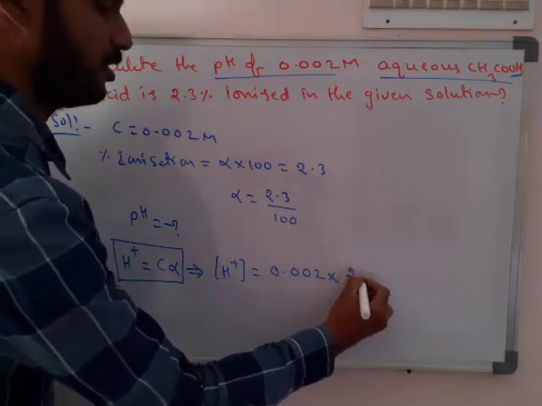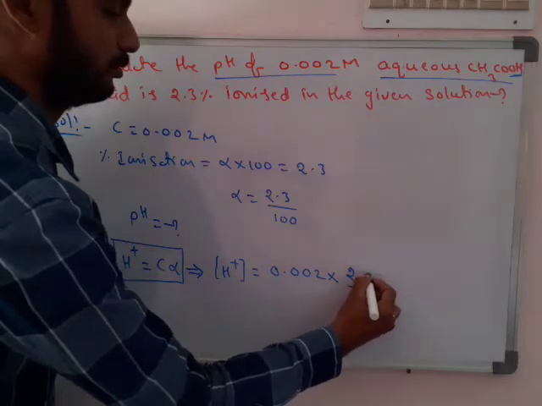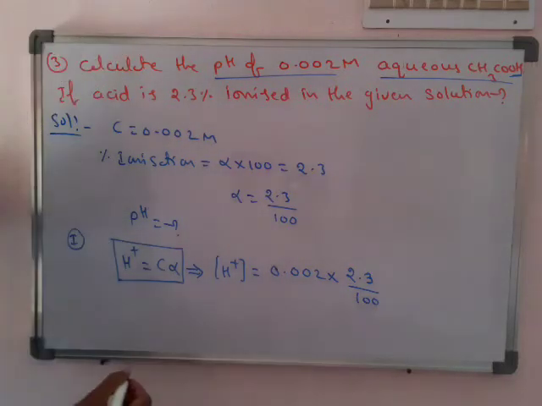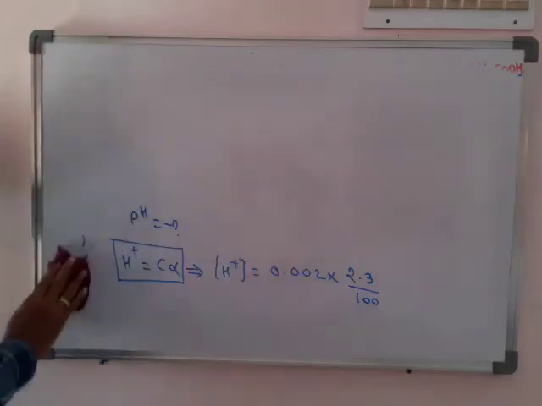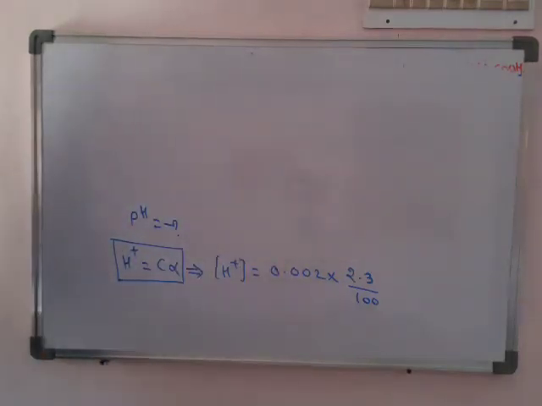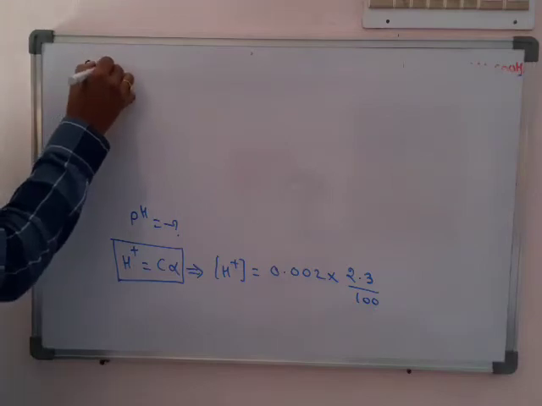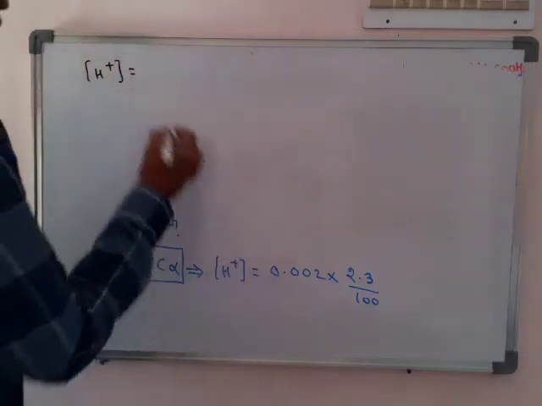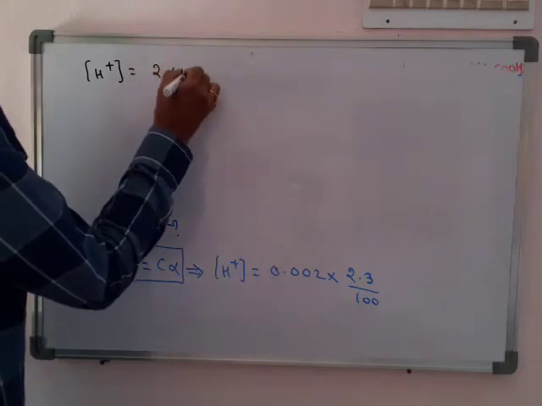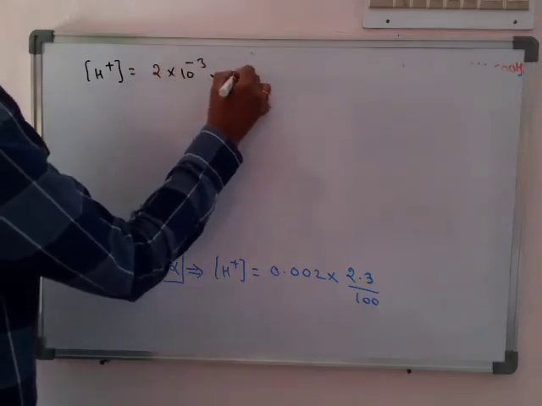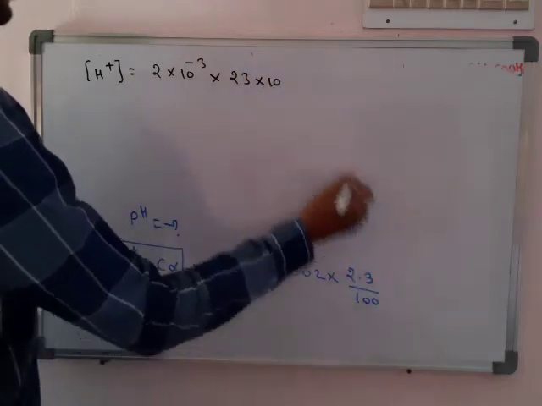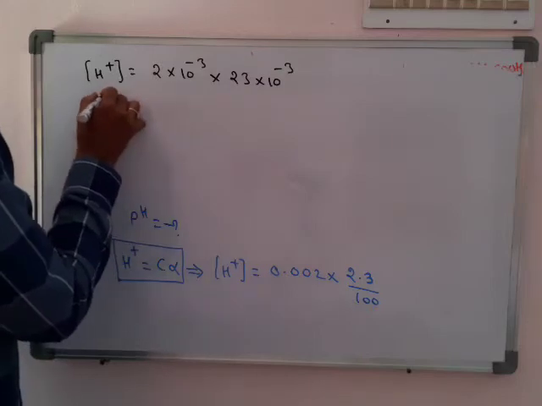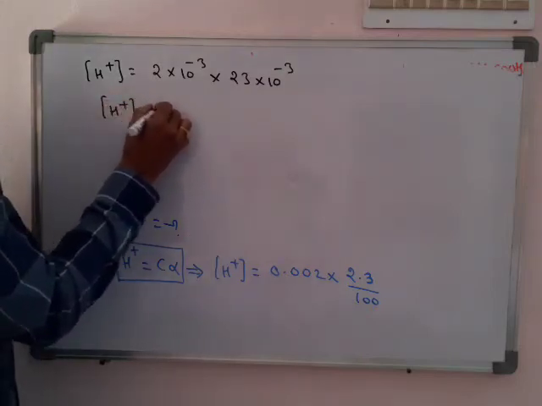What is alpha? 2.3 by 100. So H plus equal, we can write 0.002 as 2 into 10 power minus 3. So just make it 23 into 10 power minus 1. This becomes minus 2, 10 power minus 3. So finally H plus equal to